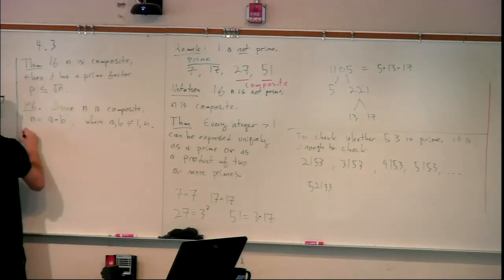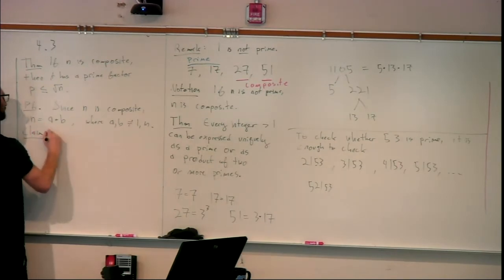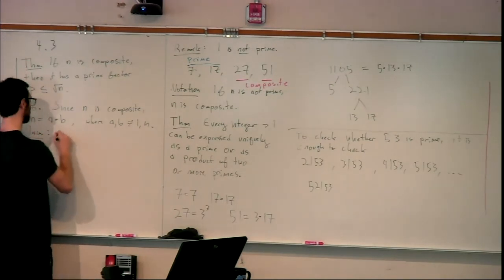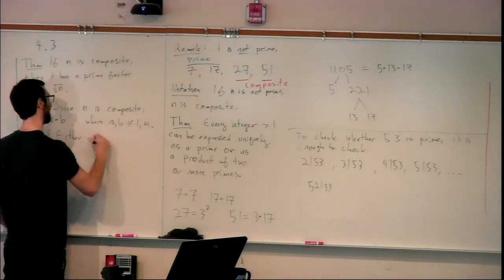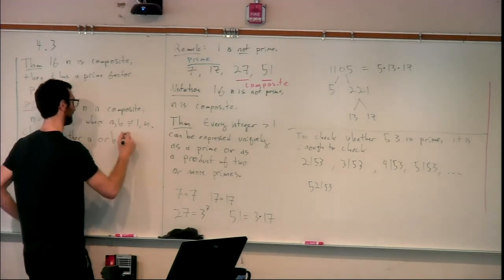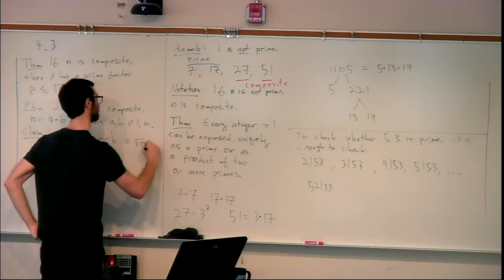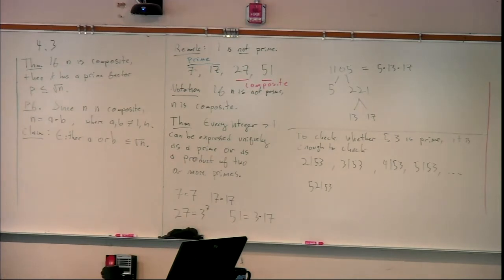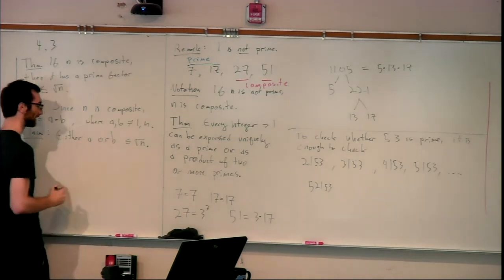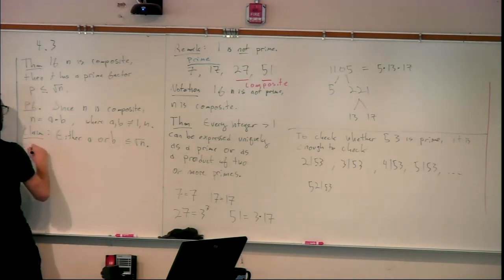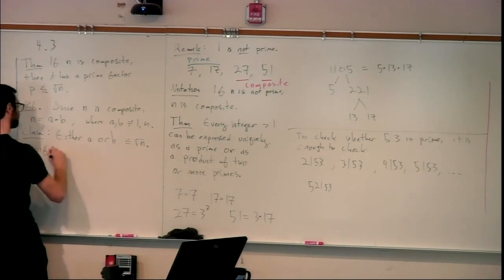Okay, my claim is that either a or b is less than or equal to the square root of n. So inside this proof, I'm going to have a very small little proof by contradiction. So the claim is either a or b is less than or equal to the square root of n, for if this was not the case,